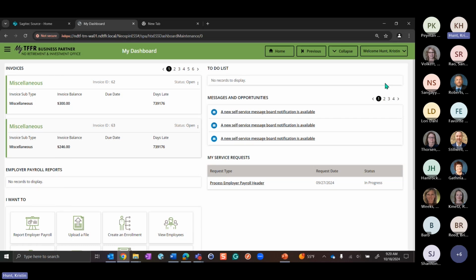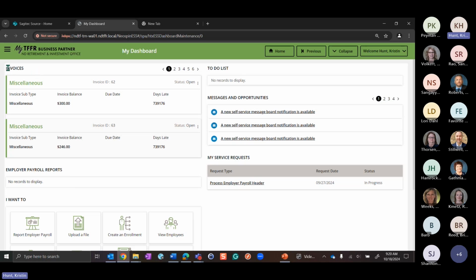The next thing I want to talk about is the main thing here on the home screen: we have all these different panels. You might hear them referred to as dashlets. I might call them sections, whatever you want to call them. We have different little ones, so I'll go through each one.